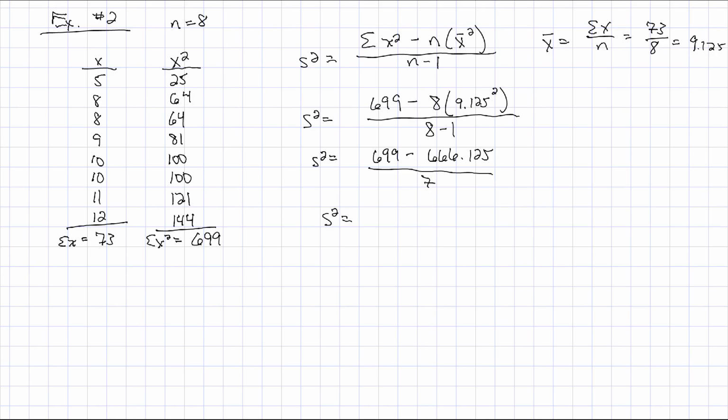S squared, numerator, reduces to 32.875. So 699 minus 666.125 divided by 7, and I get a variance of